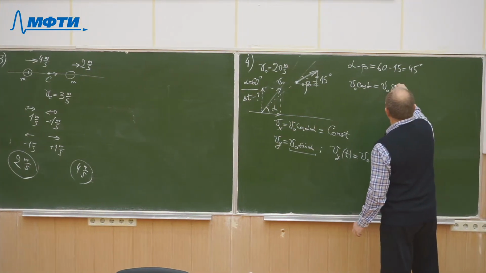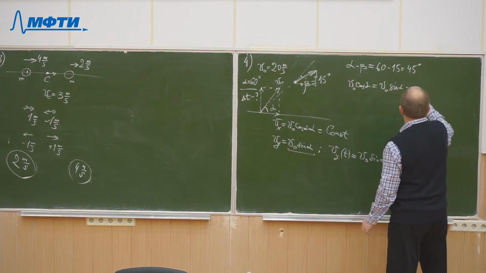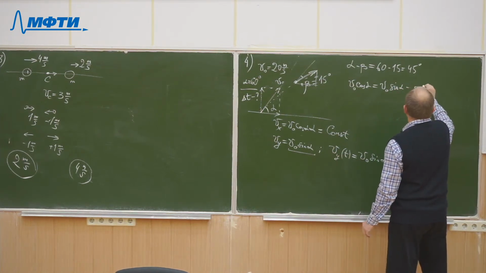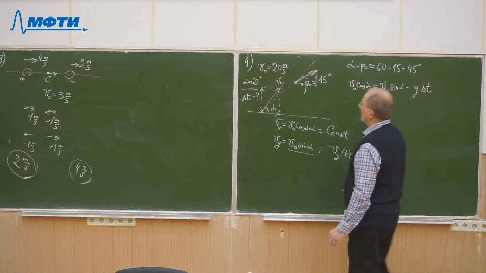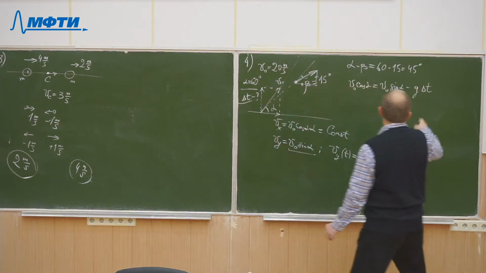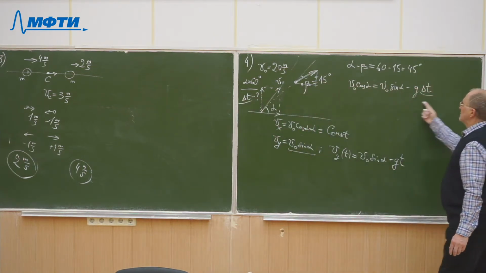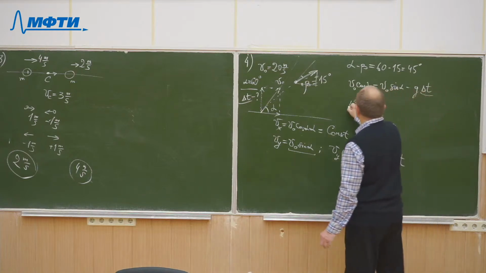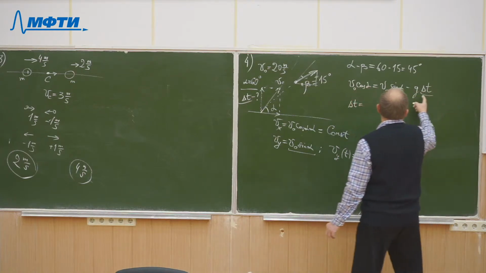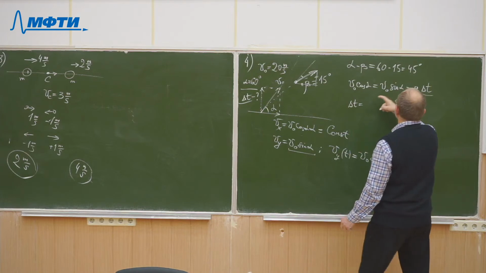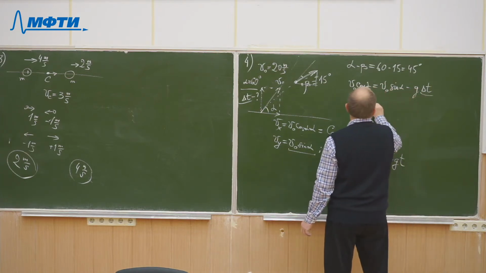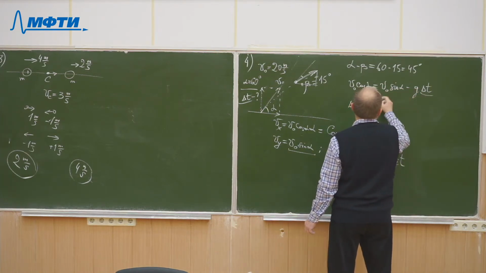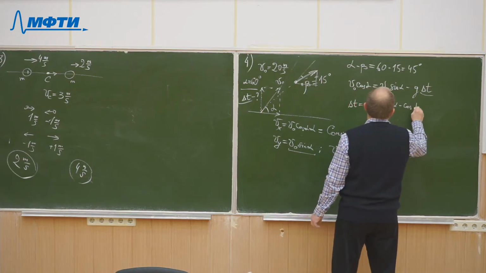That will be V0 sine alpha minus g, well, put it delta t, as I need to find this time interval delta t. So from this equation we immediately obtain delta t equals V0 sine alpha minus cosine alpha